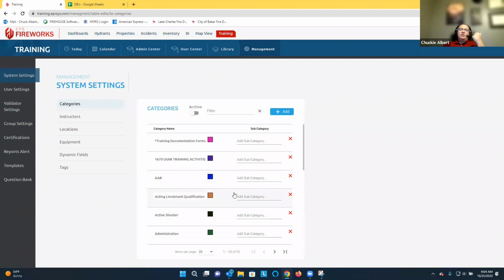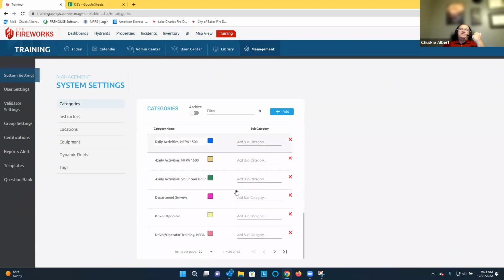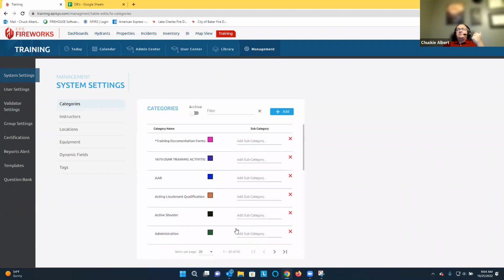And in your library, in your training system, there's about 92 different categories you have built in to your system. I have some departments that have as few as 5 categories. Think of categories of being ways to